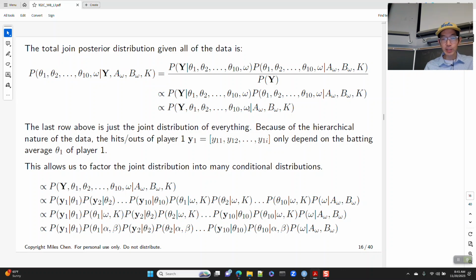Now, because of the hierarchical model, and the promise I made to you at the beginning was that factoring the joint distribution of everything is sometimes difficult, but it's easier for hierarchical models. And so this is where the hierarchical model part comes in. We can break up our big data matrix Y, and just say, let's look at